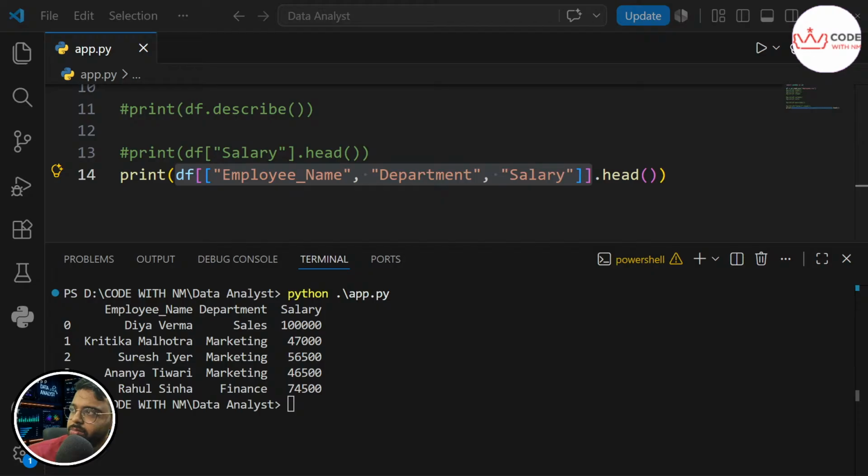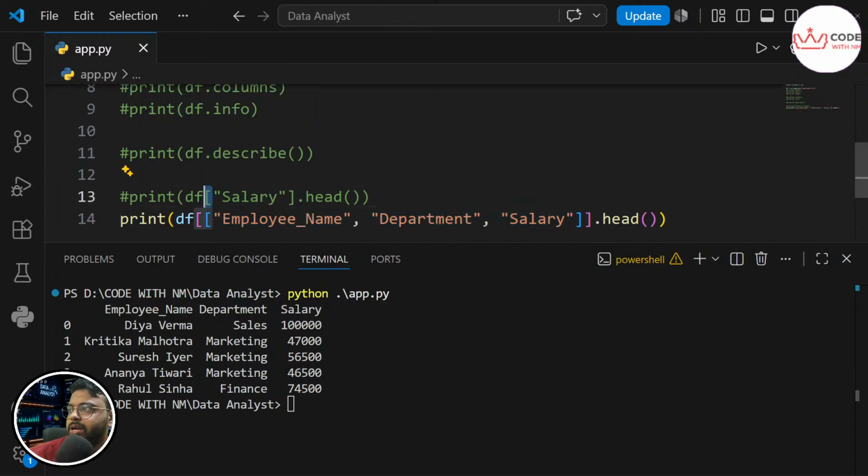So what is a beginner mistake over here, and what do we need to avoid? Writing df with one box bracket, only one box bracket, meaning a single bracket, is a beginner mistake. For multiple columns, this will throw a KeyError. So it should always be double box brackets, because here we are accessing multiple columns. If you are accessing one column, one box bracket is enough, but here we are accessing multiple columns, that's why the double box bracket is there.